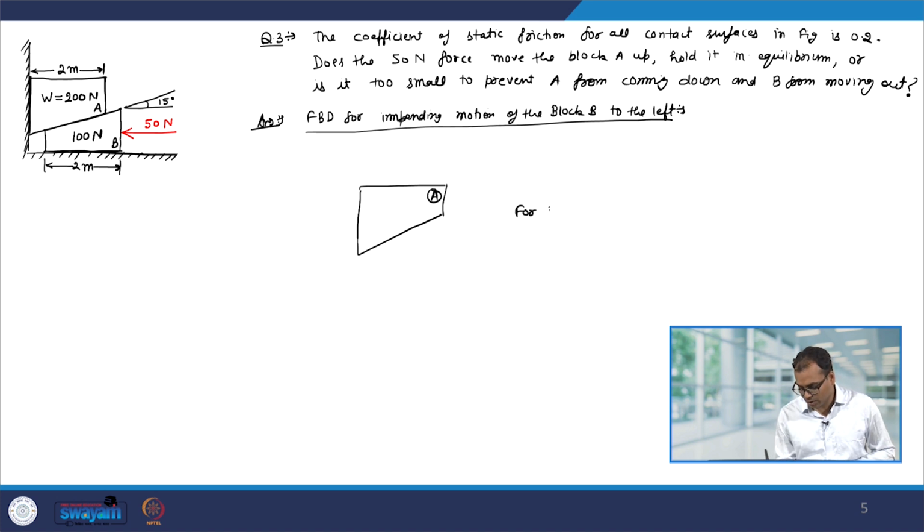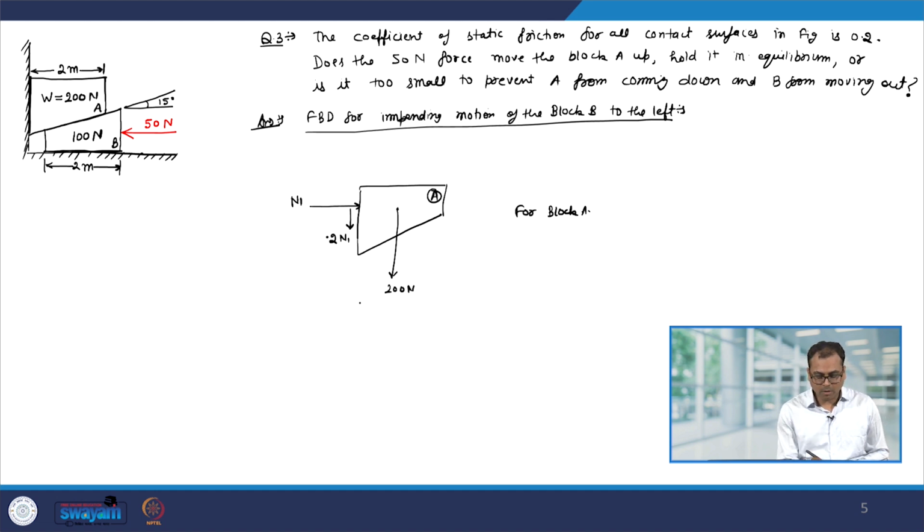So, this is for block A. From the wall there will be a reaction force, let me call it N1, and since block B, we are assuming or pretending, is moving inward, the block A is going to lift up, therefore, the frictional force will be downwards and it will be 0.2 times N1 because mu is 0.2. Its weight is given, it is 200 Newton,